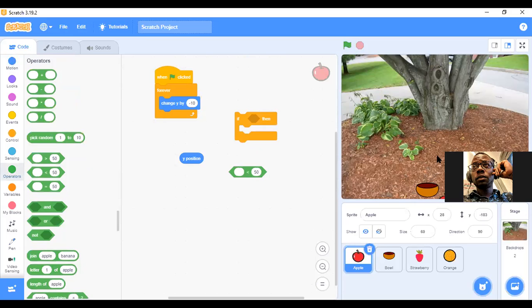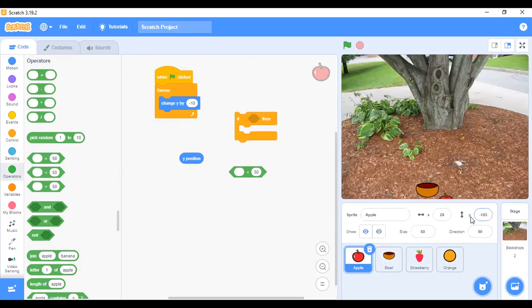And then I said, if you are moving from up to down, or from down to up, it is a Y position. Look at the Y that we have here. That is Y position. That's why I went to the motion section.